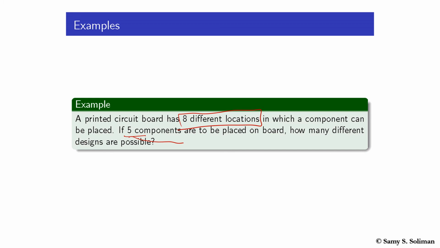So again, the question here is, are those 5 components similar or different? If those components are identical, then how many ways are there to put these 5 components in the different locations? Again, this is the same example as